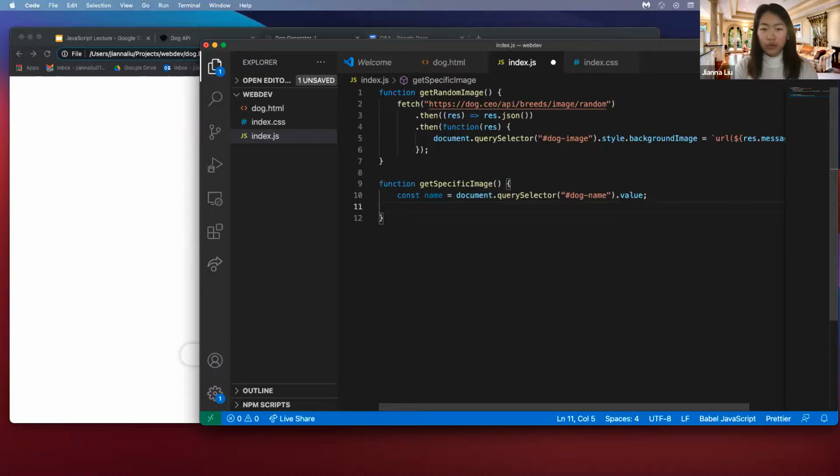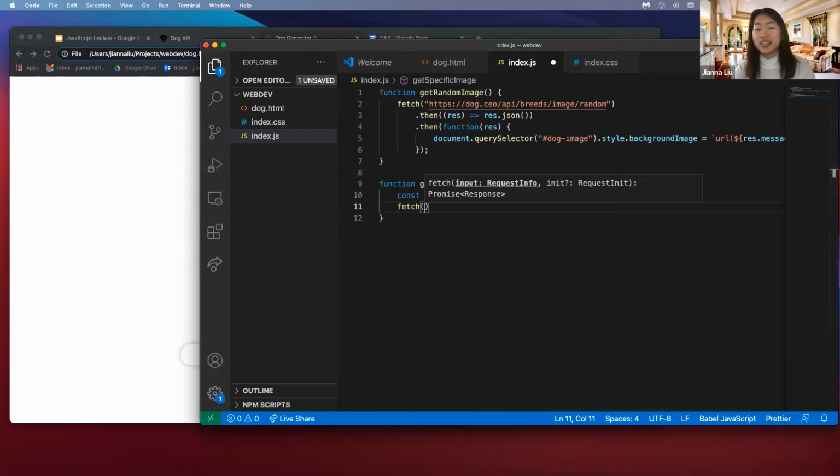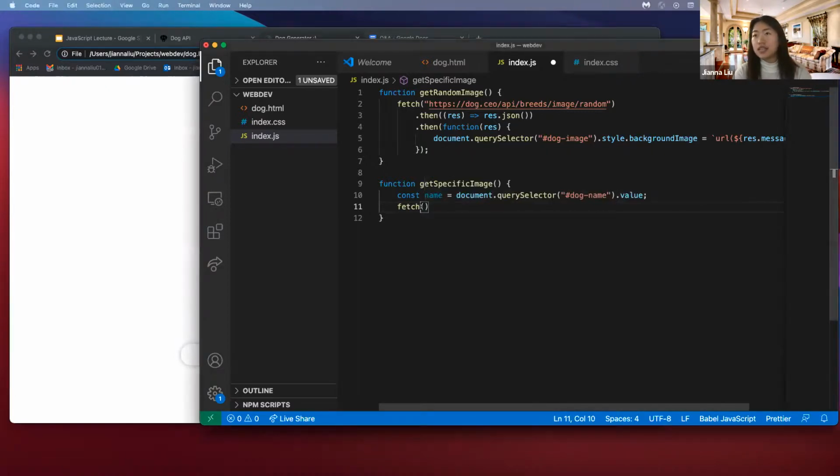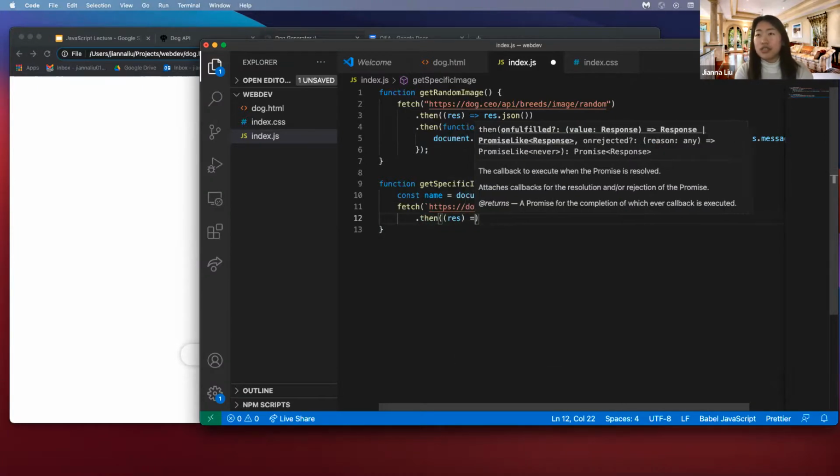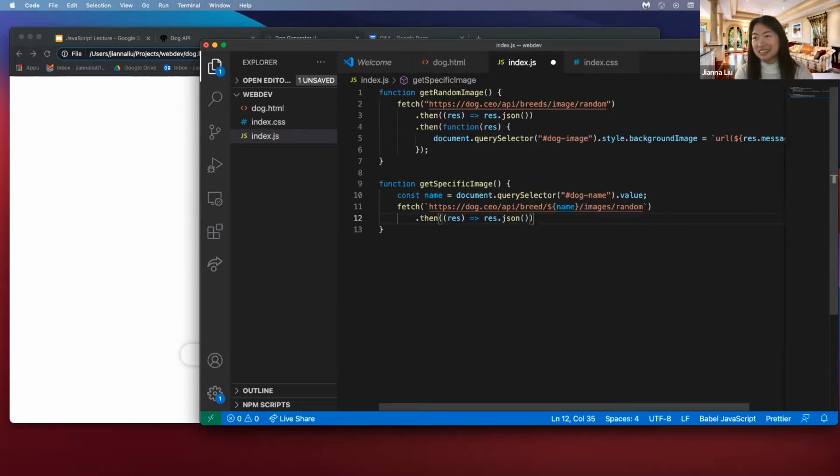So then what I want to do with that is fetch again. But this time I'm going to fetch with a backtick instead, because I want to put the name inside the breed that I'm looking for. I actually found the URL where they have this specific name. It's basically the same thing, but instead use /breed/$name/images/random. So it will give you a random image of that breed. That makes sense. And just like last time, I'm going to get my result, and get the data from the JSON, and then